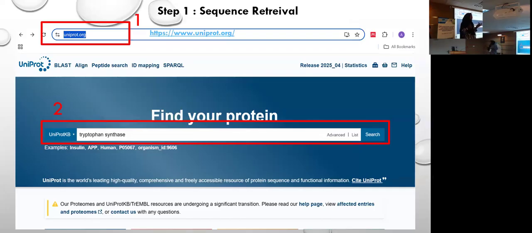For example, the example we are going to use in this workshop is tryptophan synthase. It is a protein we are using as an example in our workshop. In case you are working on your own, you can write down the name of your desired protein which you want to model. Everybody, please write down this name in the search option.